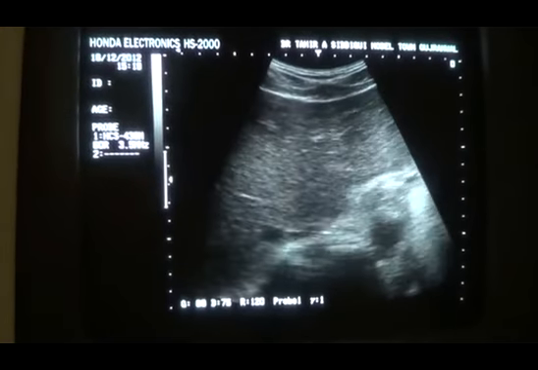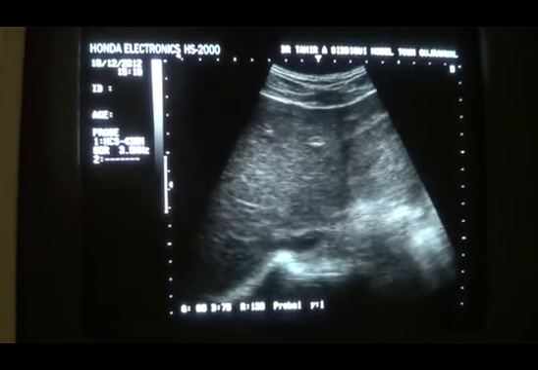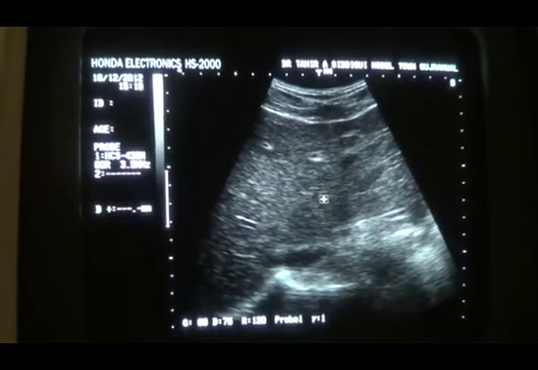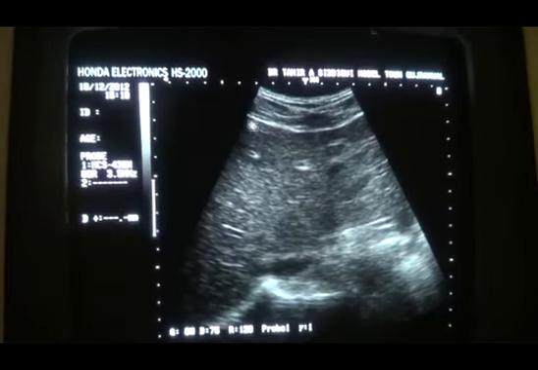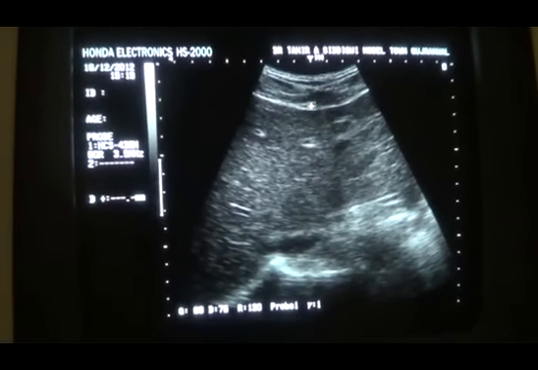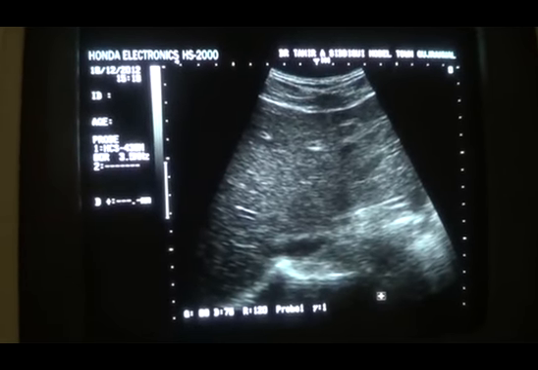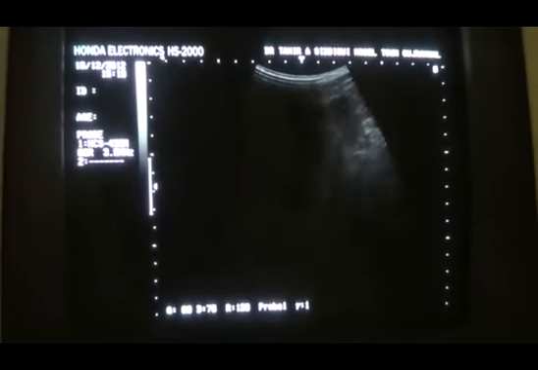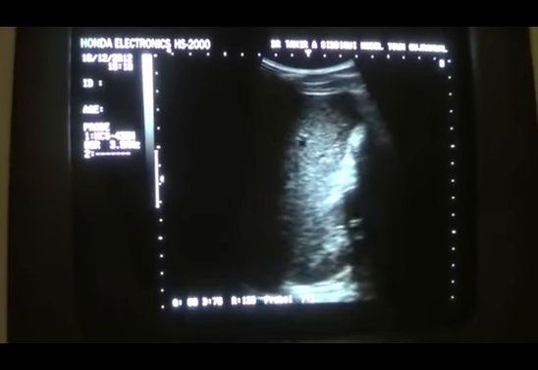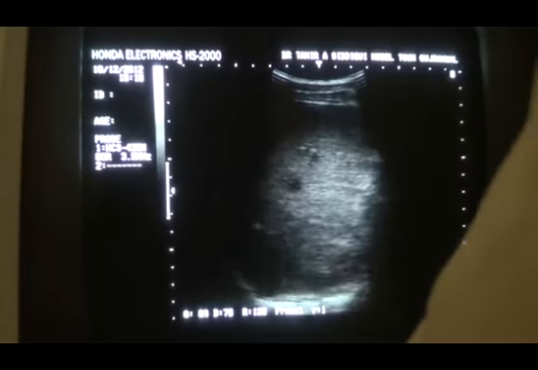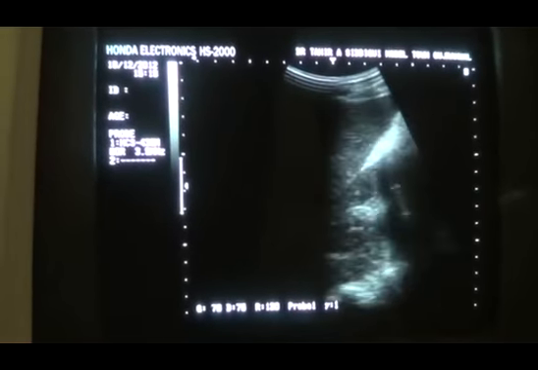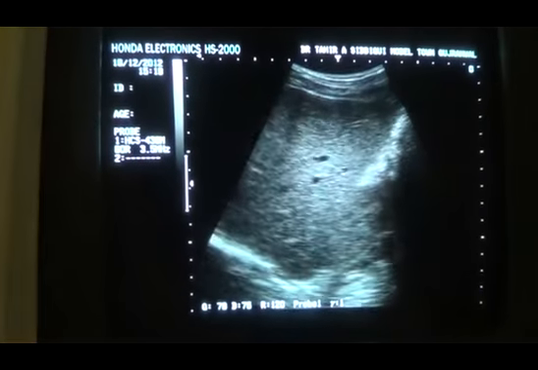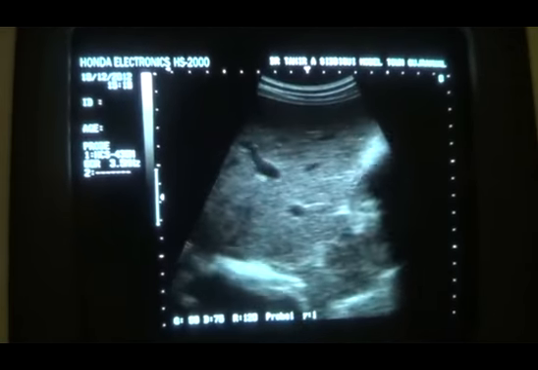You should keep in your mind the degree of echo brightness that is normally seen in the liver, which is normal. This is the outer surface, smooth, and now let's compare it with the right kidney. Now when we compare it with the right kidney,